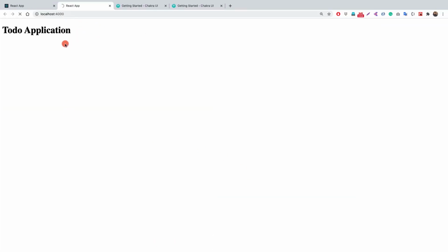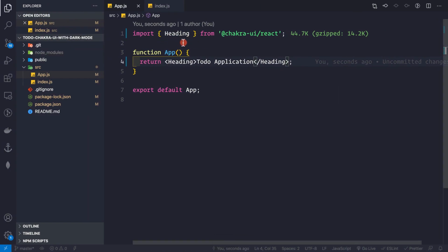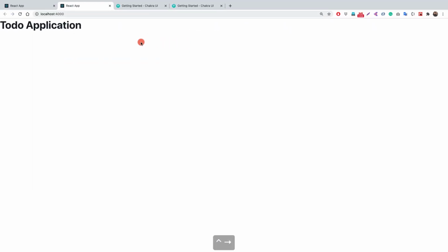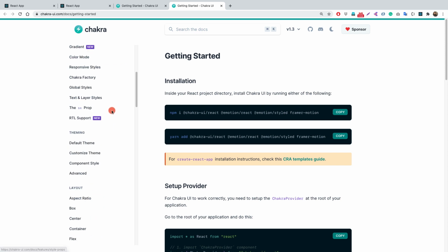So it will reload and we'll see a heading that says To-Do Application. It might take a couple of seconds to reload, I suppose. And now you might be wondering how I know that this is a heading component that is exported from Chakra UI. So what you can do is go to chakra-ui.com, and then scroll down on